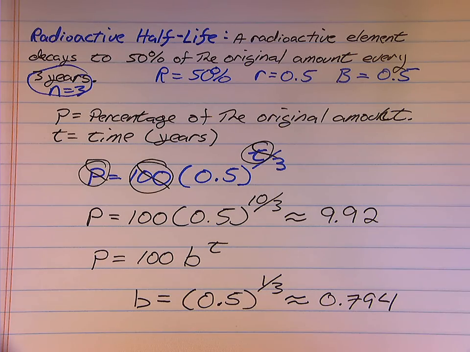This is a rounded number, but this is my factor, not my decay rate. My decay rate is the percentage that I'm either increasing or decreasing by 1 year off its decay. It's the percentage that I'm losing every single year, or the amount that this number is below 1. So, if I take 1 and subtract my factor, I get my rate